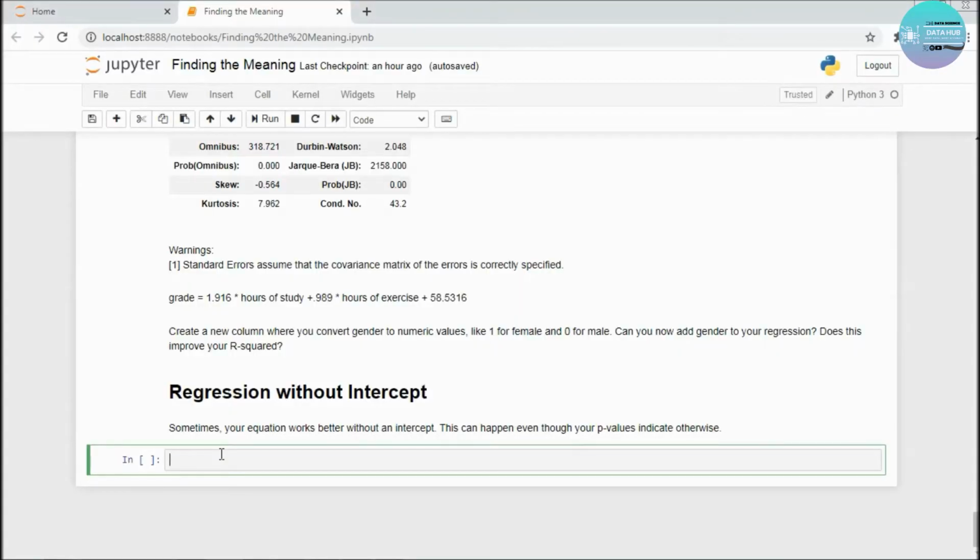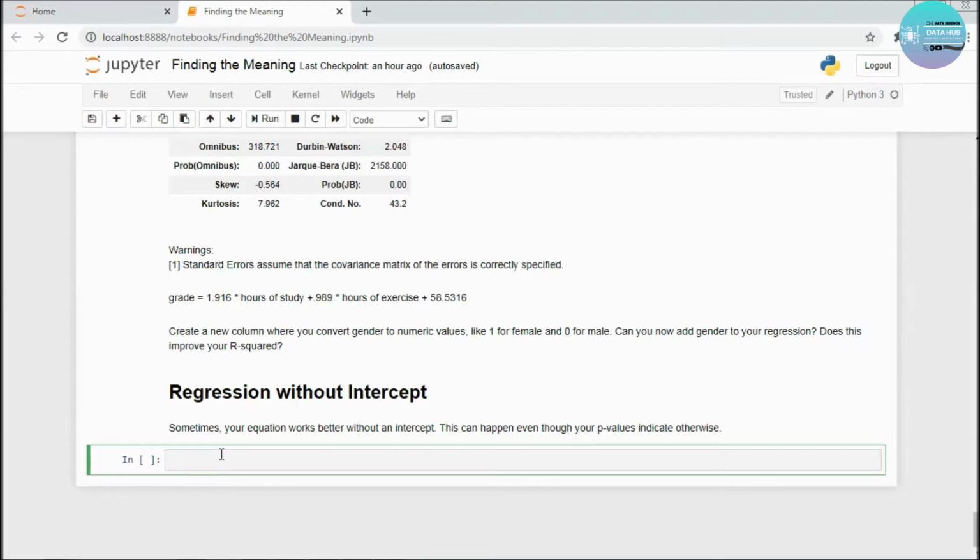Hello everyone and welcome to a new lecture, Regression without intercept. Sometimes your equations work better without an intercept. This can happen even though your p-values indicate otherwise. I always try it both ways just as a matter of course to see what the r squared is. So to run your regression without an intercept, you just have to follow this